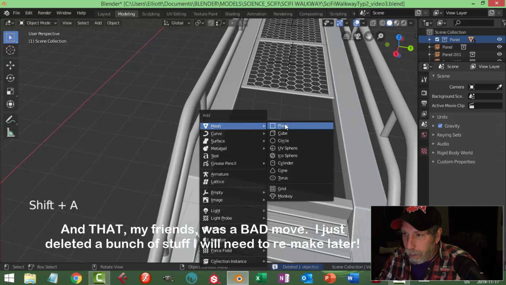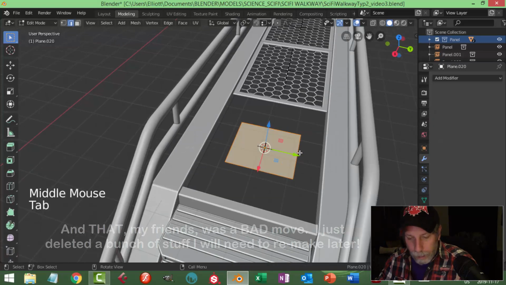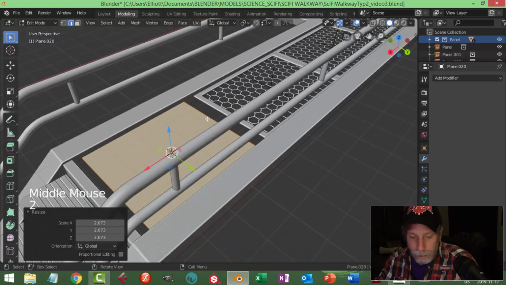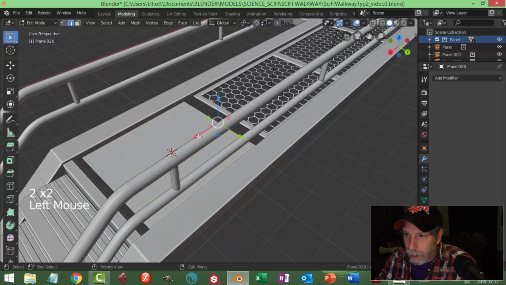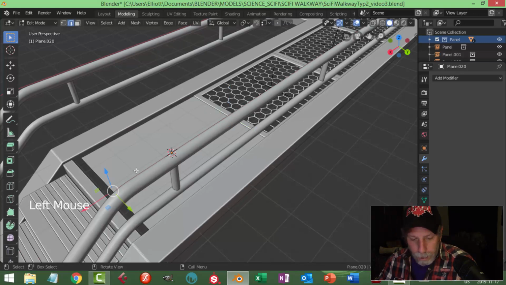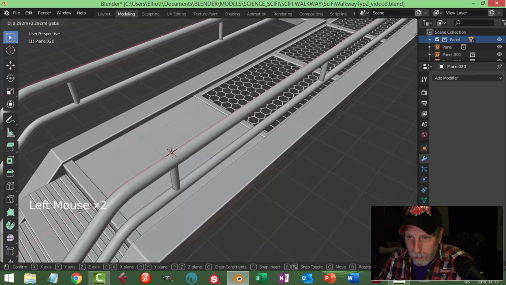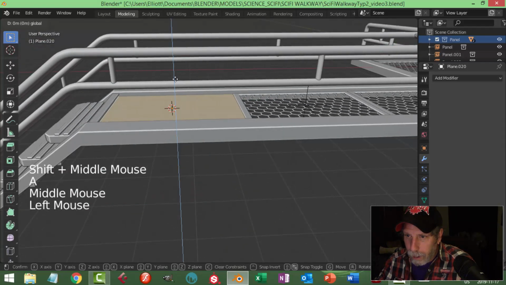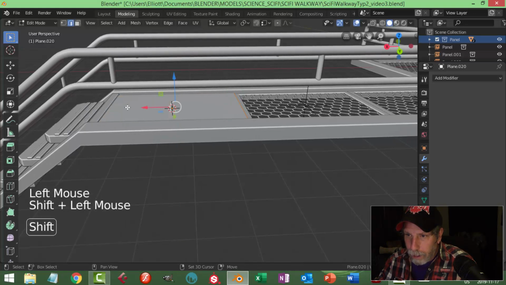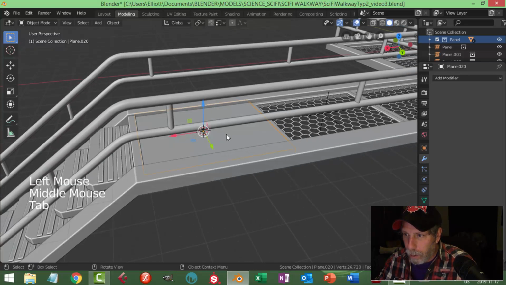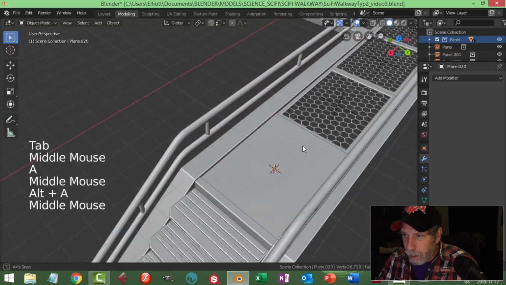And I'm going to bring in a plane here. I'm going to scale it up. In edge selection, number 2, I'm going to select that piece. I'll come over to here, and this piece, and I'll come over to here. And I just want this plane to be sort of touching there. I'll probably take these edges and extrude them down a little bit just to make sure. So I'm going to have a solid piece here,